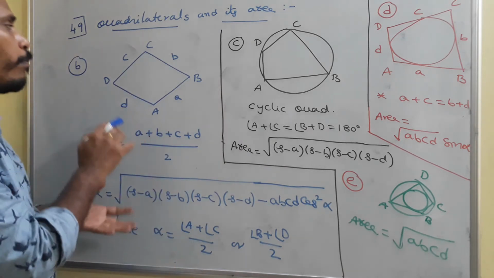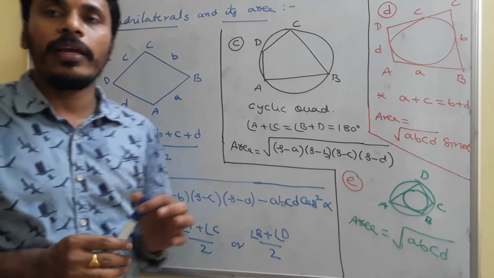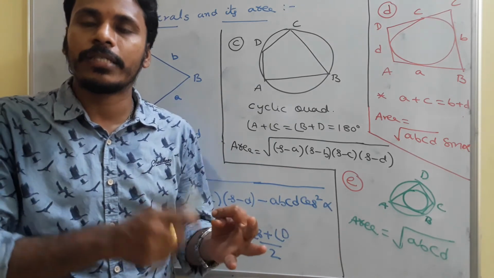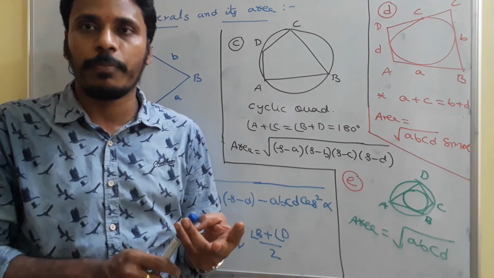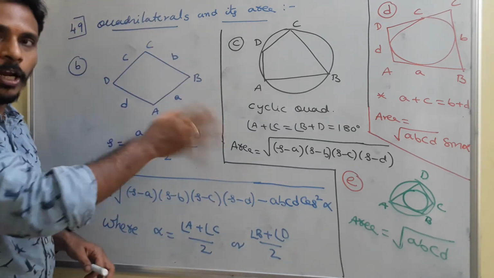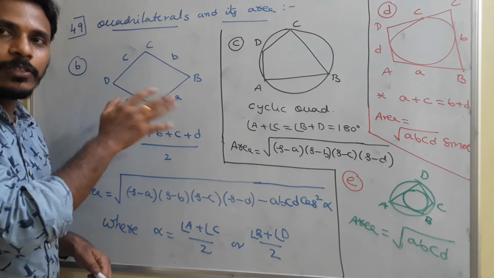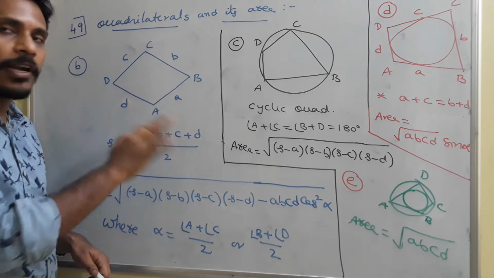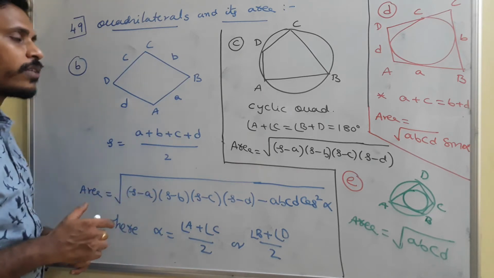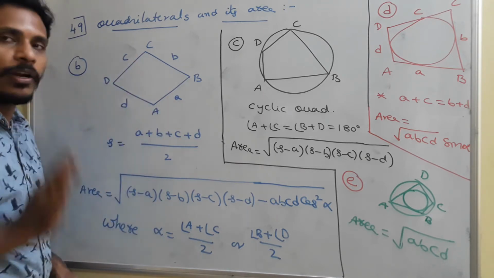In the previous bit, I mentioned areas related to all the different types of usual quadrilaterals like rectangle, square, rhombus, parallelogram and trapezium. Now I have a quadrilateral ABCD. It is not a parallelogram, so it is not a rectangle, square or rhombus. It is not a kite and it is not a trapezium. It is a quadrilateral, just it is. If it has four sides, it is a quadrilateral.